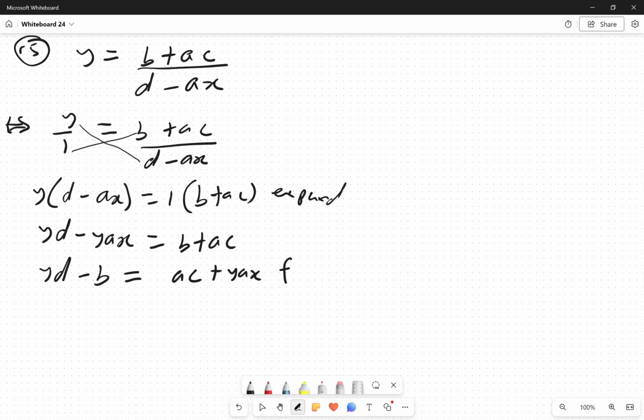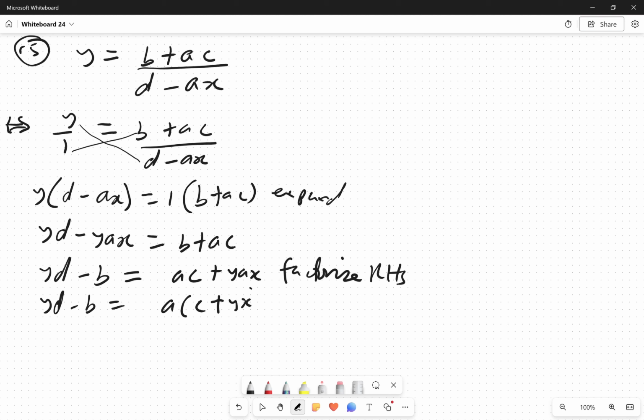Then we will factorize the right hand side, because now we have the a's together. Factorize right hand side. If we do that, we have yd minus b is equal to, we have a outside, we are now left with c plus